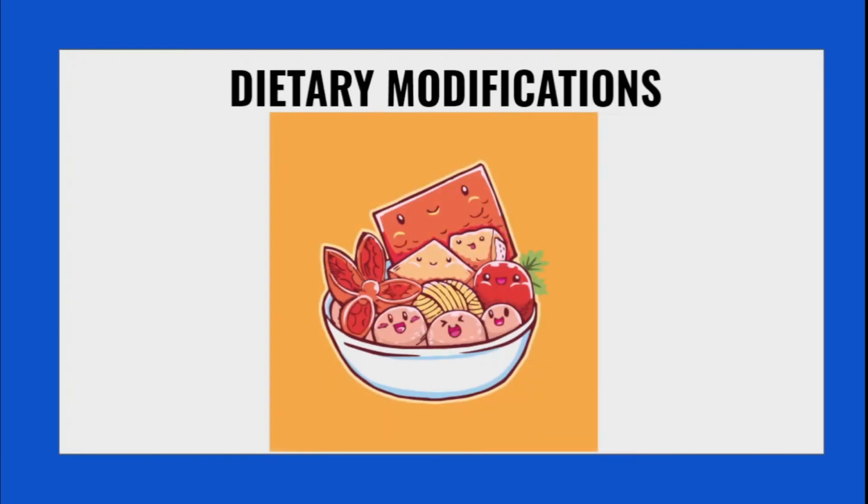Next is dietary modifications. The dietary modifications of peptic ulcer have been asked in a few examinations, so I am stressing this topic. It has been asked in one of the nursing examinations for 5 marks. We have to explain to the patient about eating a balanced diet which should contain whole grains, fruits and vegetables. That is the healthiest of all dietary fibers. Next, we have to consider use of multivitamins, because vitamin and mineral deficiency again worsens ulcers. If the patient is not getting adequate vitamins or minerals in his food, it is advisable to take vitamin and mineral supplements. Limit or avoid alcohol.